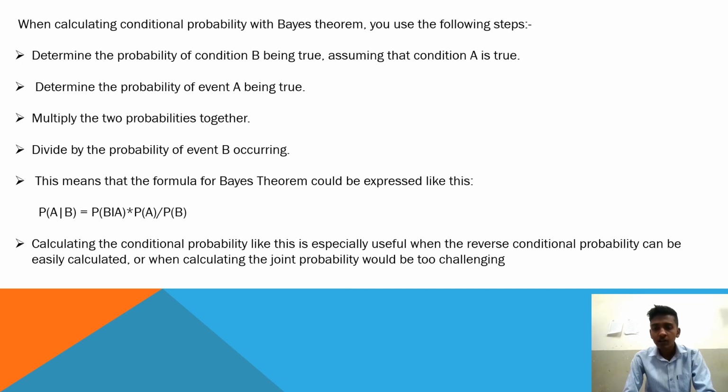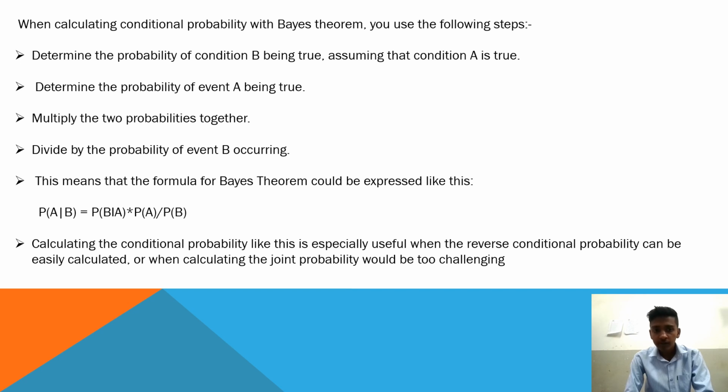So we will show the step-by-step process. When calculating conditional probability with Bayes theorem, you use the following steps. First, determine the probability of condition B being true, assuming that condition A is true. Second, determine the probability of event A being true. Third, multiply the two probabilities together. Fourth, divide by the probability of event B occurring. Then